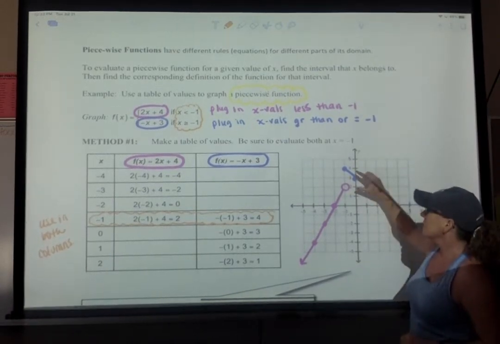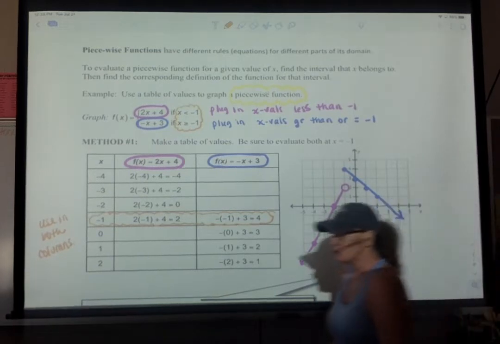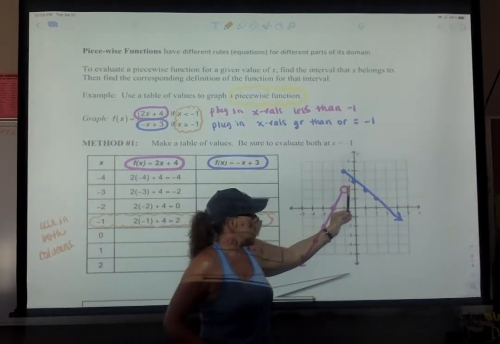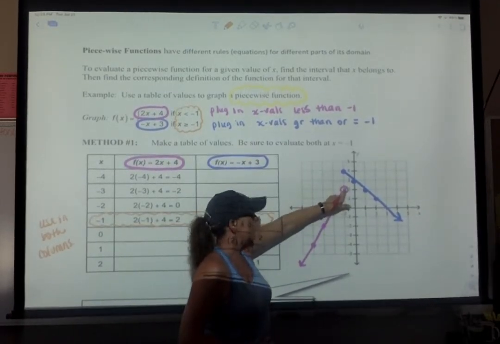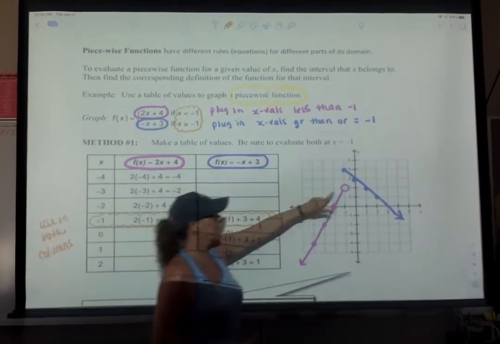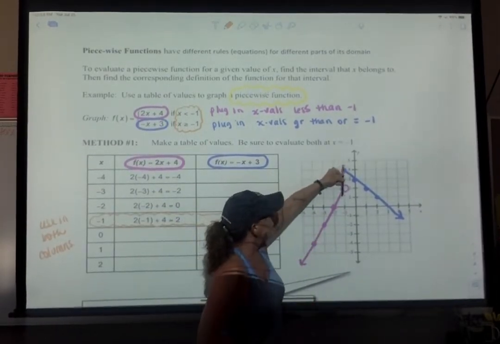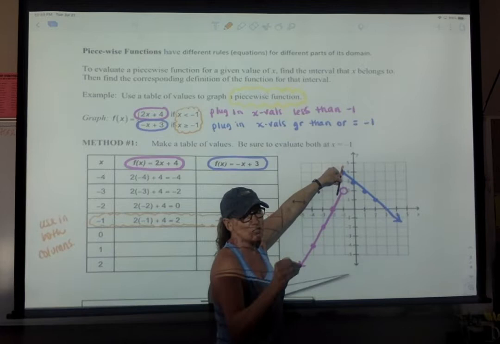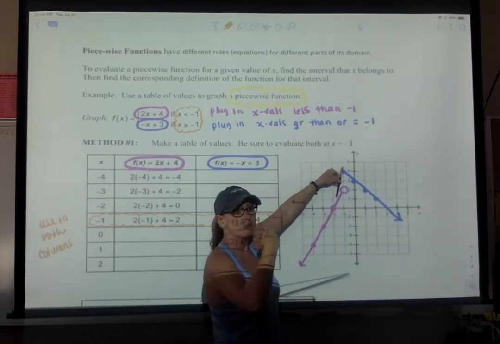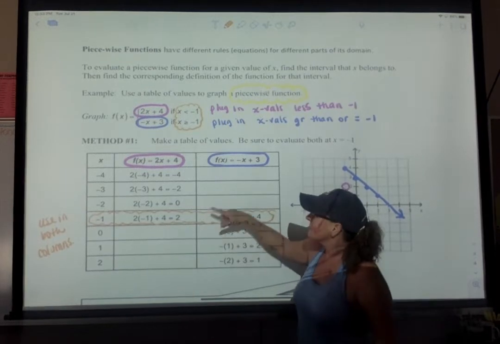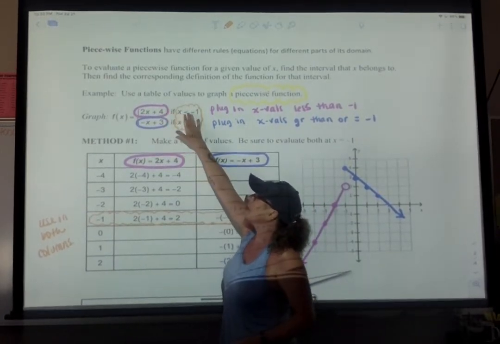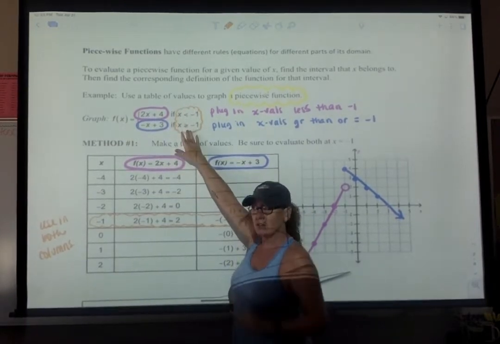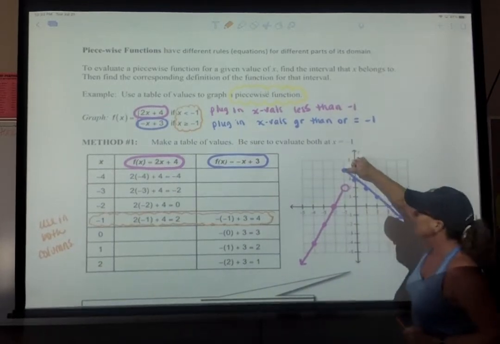So, keep in mind, this is a function. I could totally do the vertical line test on this function. Now, if I would have colored this pink point in, right here, can you see that I would have failed the vertical line test? It wouldn't be a function anymore, but it is a function, so I have to make sure my graph reflects that. So, since the pink piece is only good for values less than but not equal to negative 1, and the blue piece is good at negative 1, I'm going to keep the blue piece filled in,